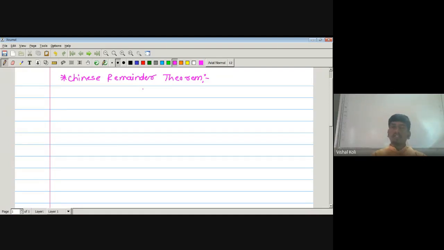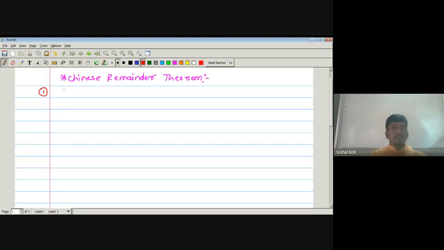And after that we proved that the solution must be unique modulo n. Simultaneous solution means here we have to find the value of x which is true for all the linear congruences in the given system. Now we have to take examples based on the Chinese remainder theorem, so that we can easily solve these problems using this method. Okay, the first example.